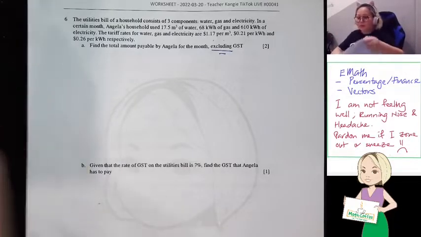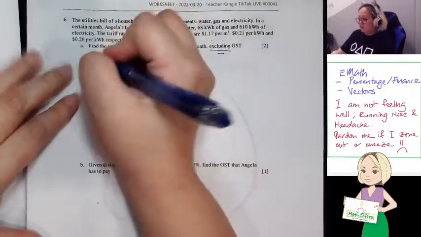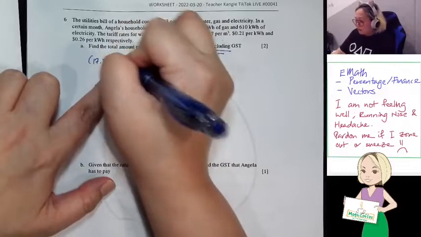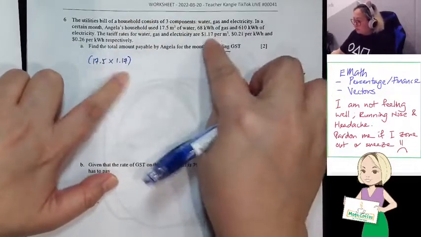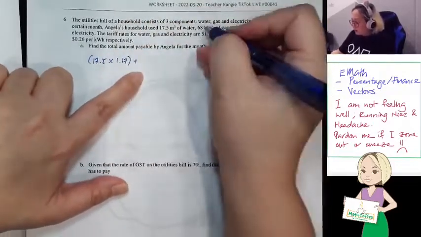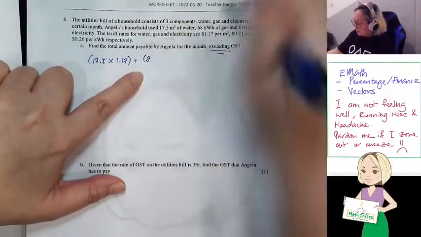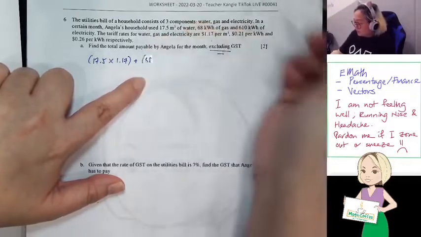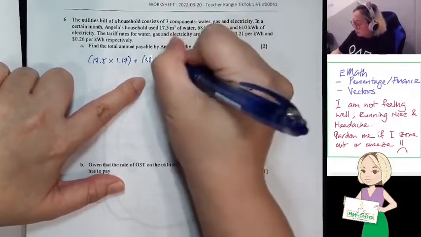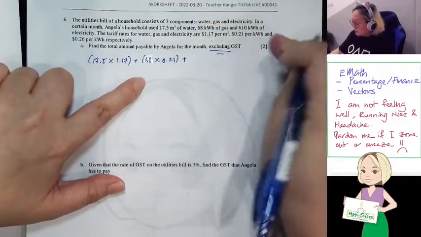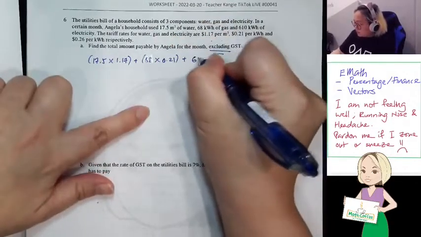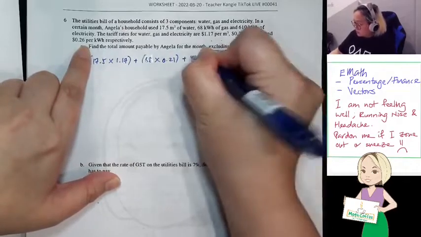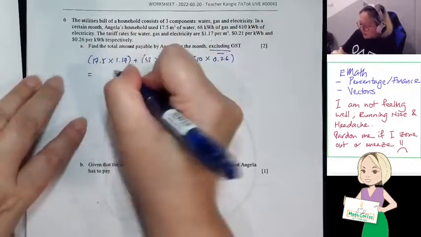Because they already give us the rate, you just need to take 17.5, which is the water, multiply by 1.17, and then after that I plus 68, which is the gas, multiplied by 0.21, plus 610 multiplied by 0.26. So after I add everything, I get